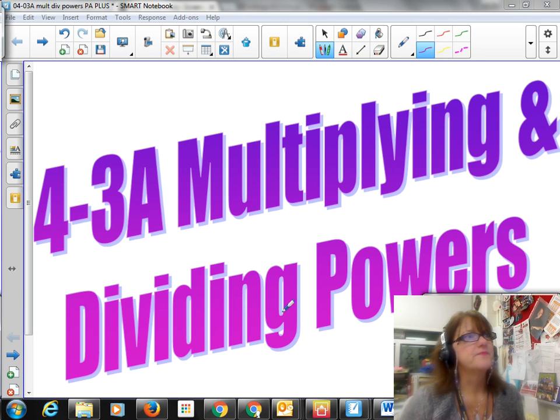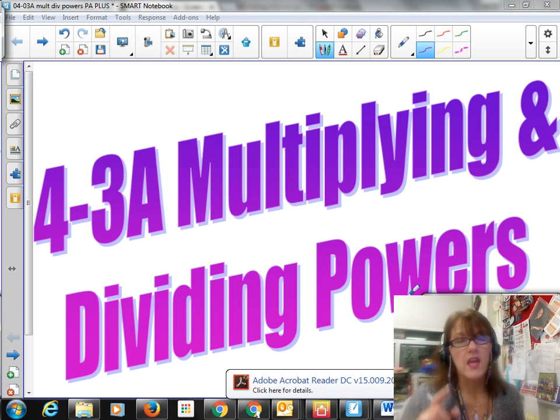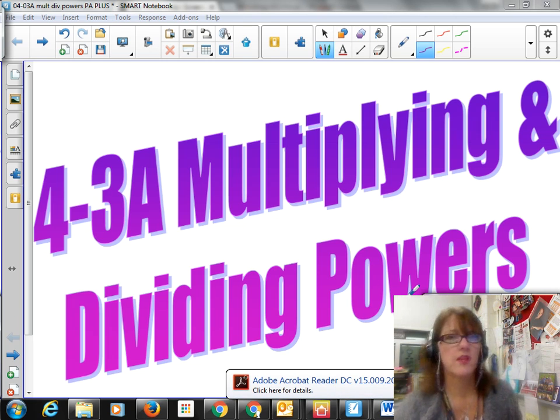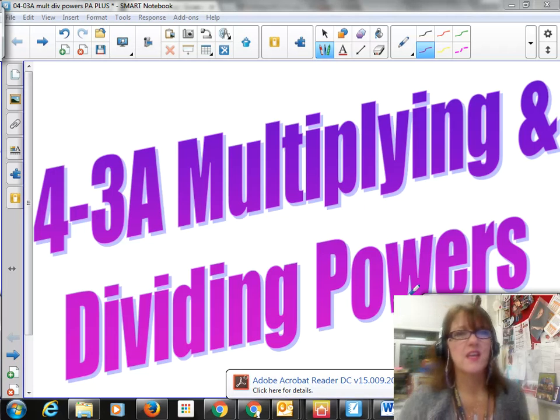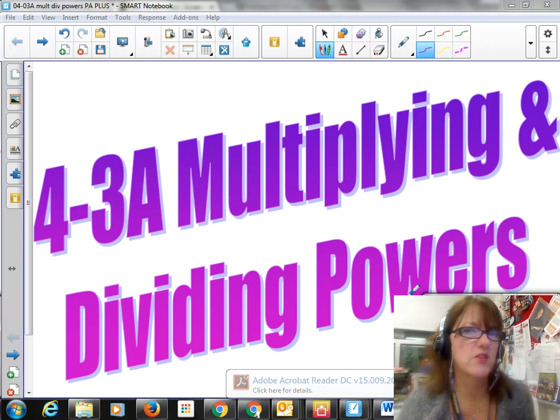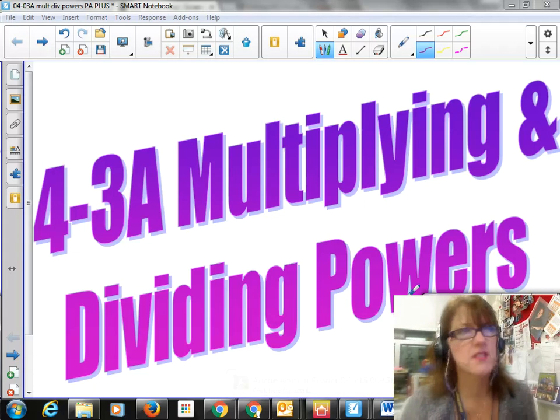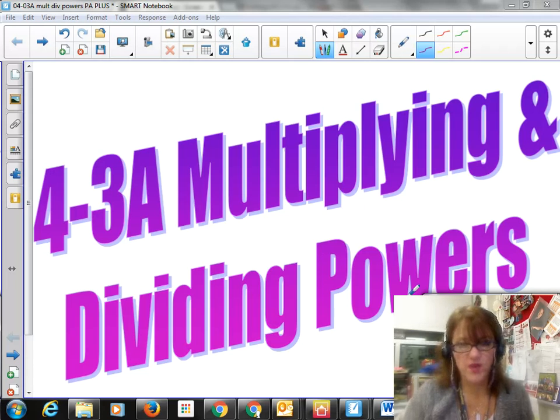Alrighty, here we go. We are venturing on now into section 3, and you'll notice at the heading, I'm just writing 4-3A. That implies there's going to be a 4-3B. Yes, there is. The whole section is called Properties of Exponents and Powers, and we're going to tackle just some of the multiplying and dividing properties of powers. So that's why I'm calling it 4-3A. So go ahead and get that up on your heading